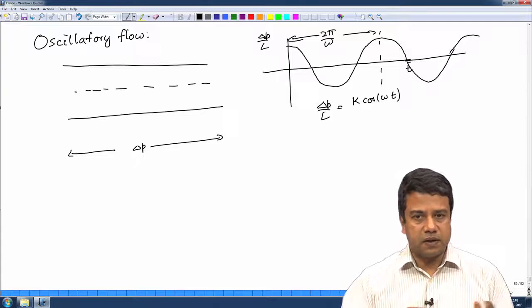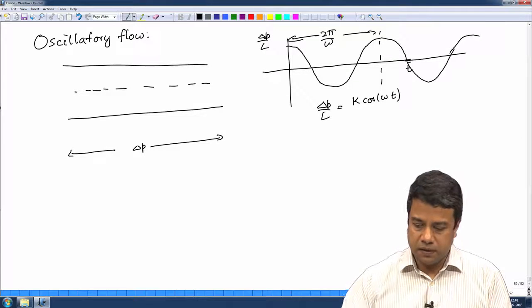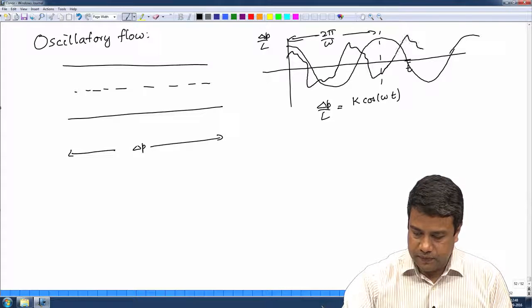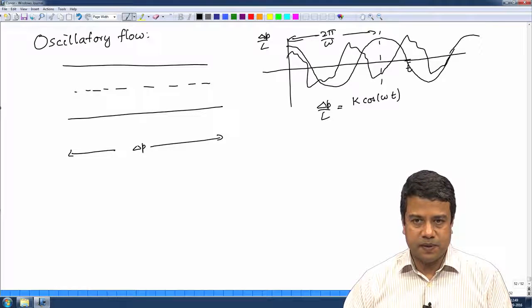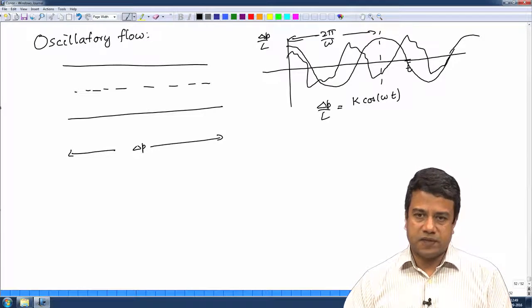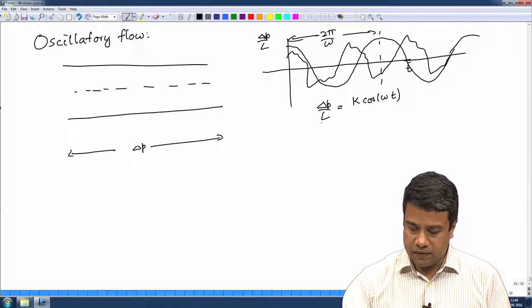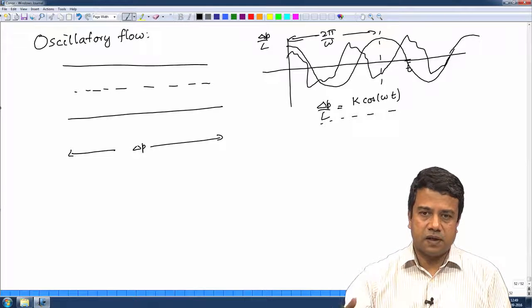If you had any arbitrary periodic waveform, this periodic waveform can always be written as the sum of sine functions of different frequencies. So, if I solve it for one particular sine function,